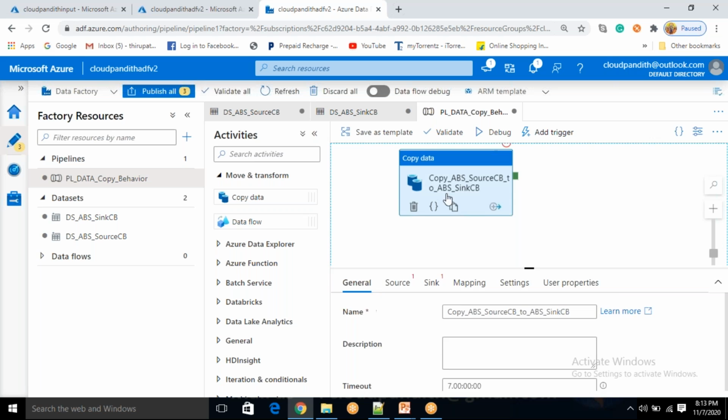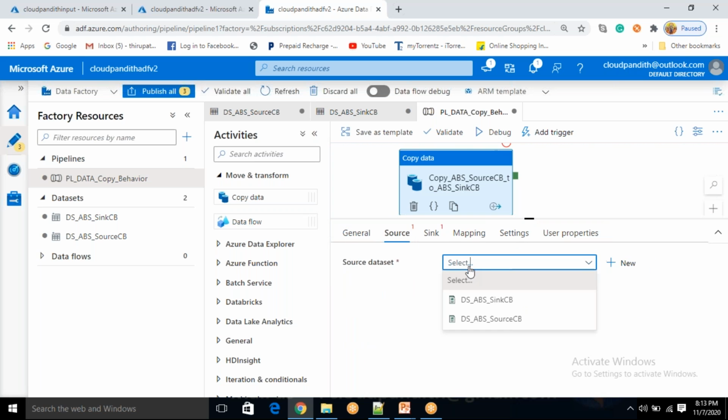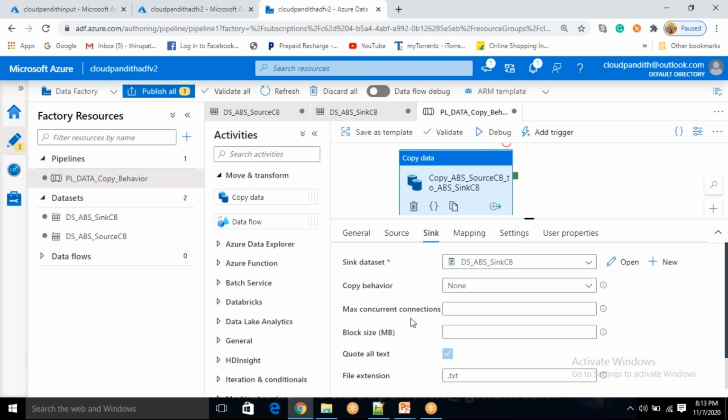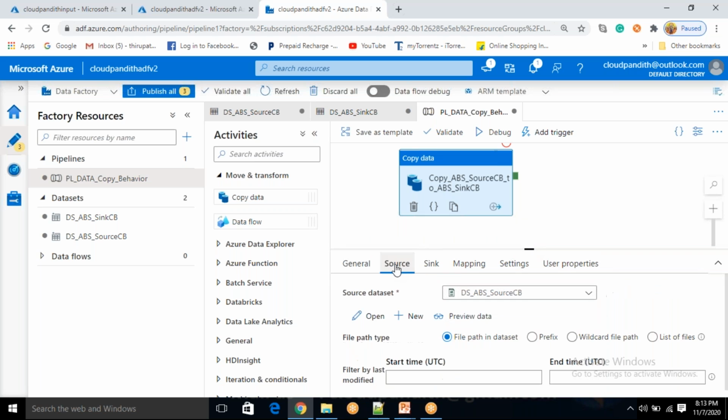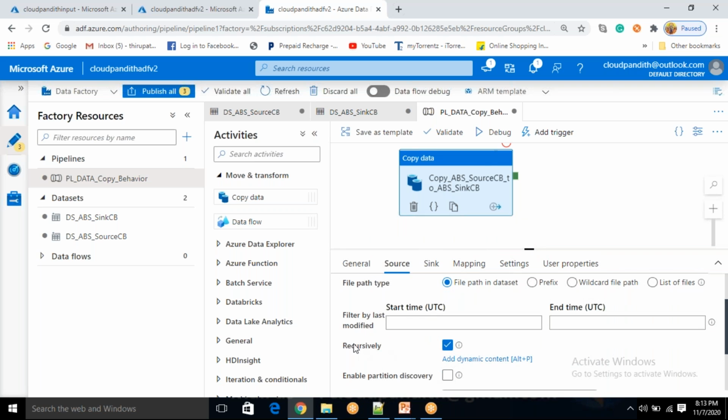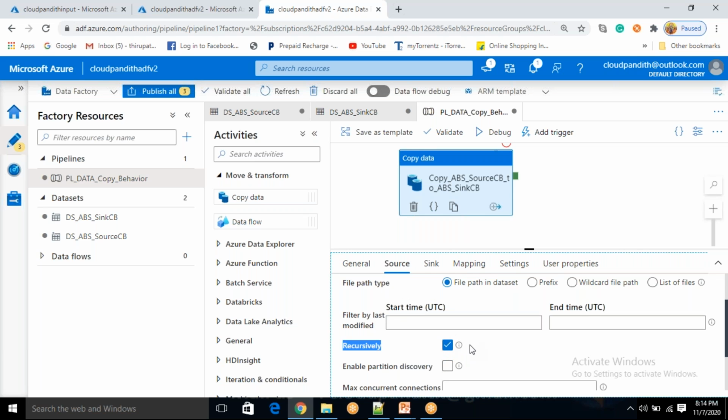Now click on this copy activity again, come to source, and select your source, source CSV. Next, sink: come here and select sink CSV. Okay, this is clear. Now first thing I want to do is go with recursive is true. Come down, you see here recursively. If you check this option, it is going to pick your subfolders. Remember, this is true.